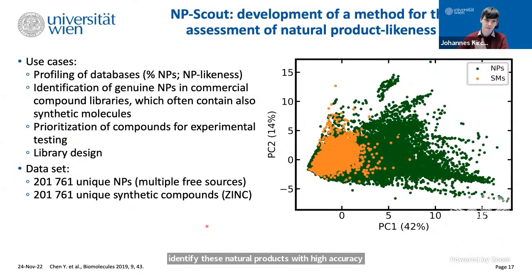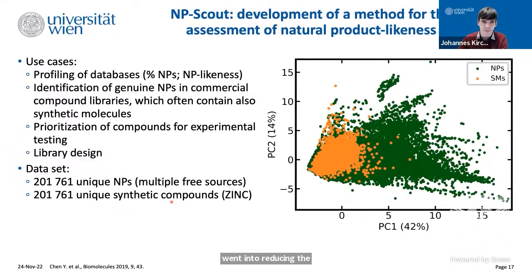And the way that we reach this high accuracy is that we put enormous effort into sanitizing, in particular, the natural products databases. Because in these natural products databases, as I mentioned already, there happen to be quite a substantial number of synthetic compounds hidden. And we need to first make sure that we reduce this proportion of synthetic compounds in the natural products dataset to the furthest possible extent. And the situation is actually also similar for the synthetic compounds. And also among them, there are lots of natural products. So lots of tricks and know-how went into reducing the noise in these data sets.